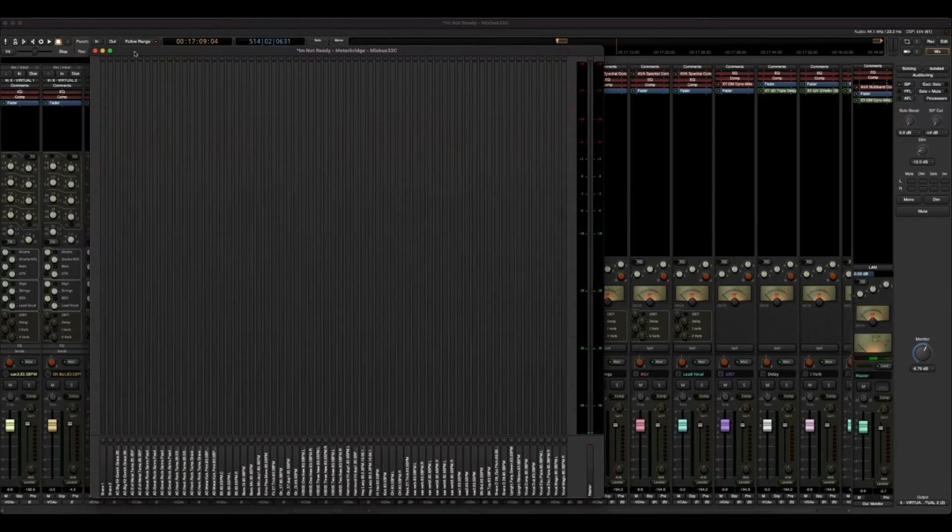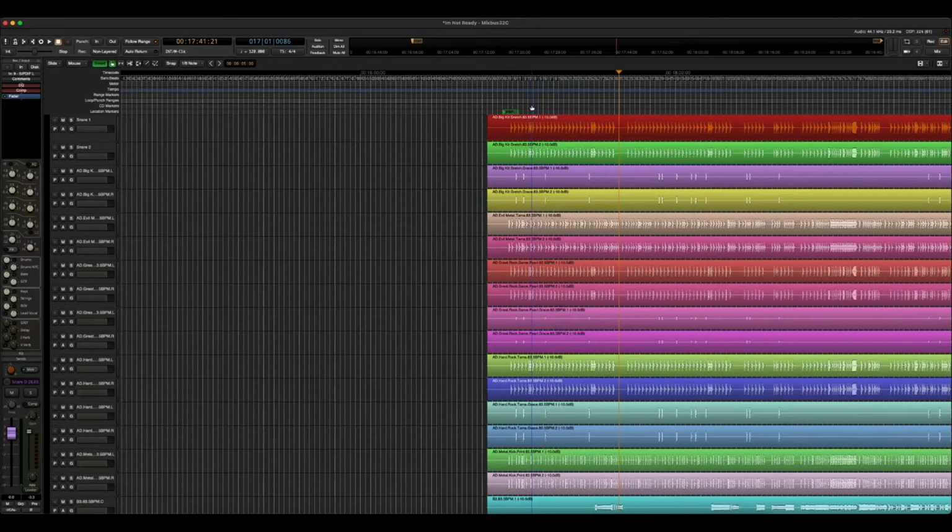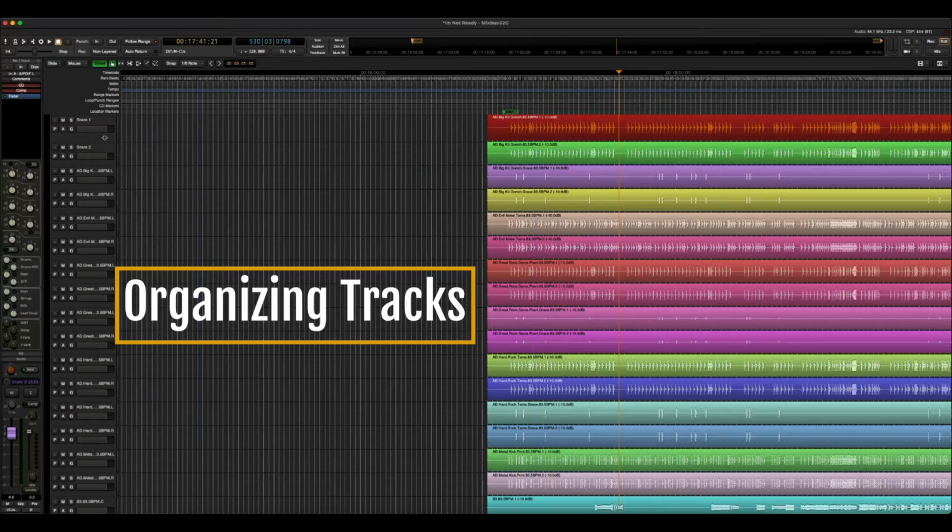So there's two ways to close out the Meterbridge. We can hit the X, or we can just hit Ctrl+B again, and it'll exit out of that window. Now on to organizing our tracks. You can see at the very top here, I've